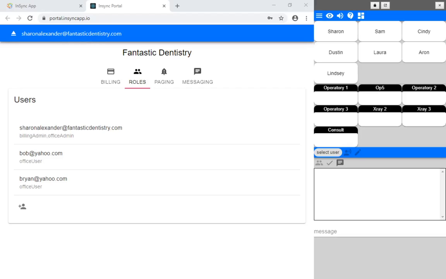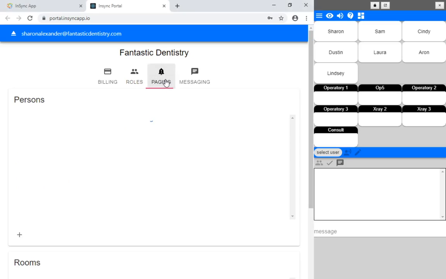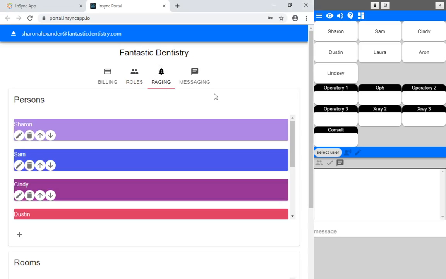Let's go ahead and manage the paging module. From here, you will be able to add, delete, and edit users and rooms. To add a user for paging, simply click on the plus sign at the bottom left-hand corner of the Persons